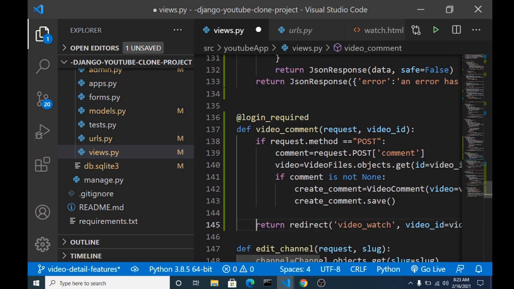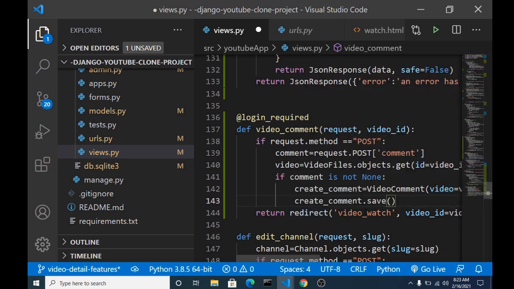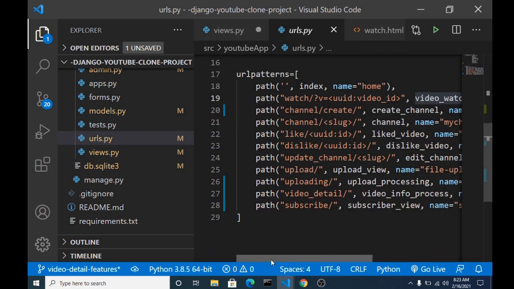Here also, we want to redirect back, so you can just push in the redirect back a bit. Once it saves it, we definitely redirect back to this watch page. If there's also any error, it will redirect back to this watch page. Alright, so that's that. Let's head to our URLs file, and here we're going to create a simple URL